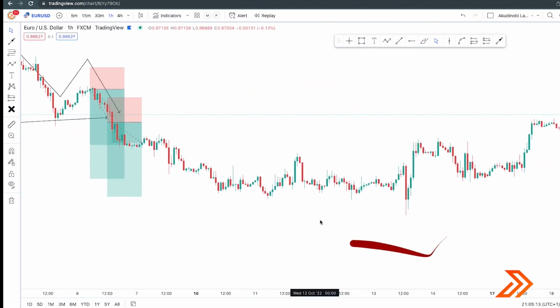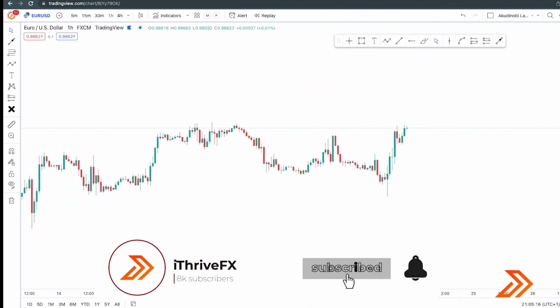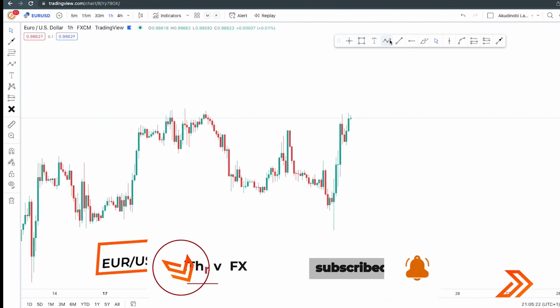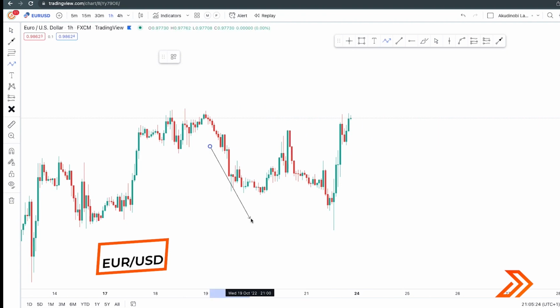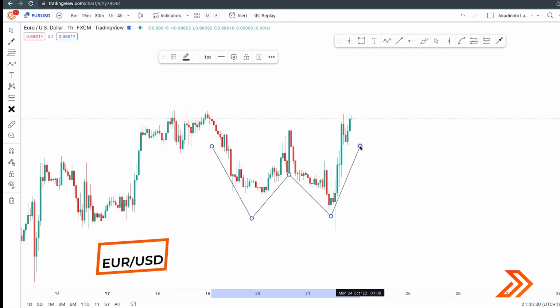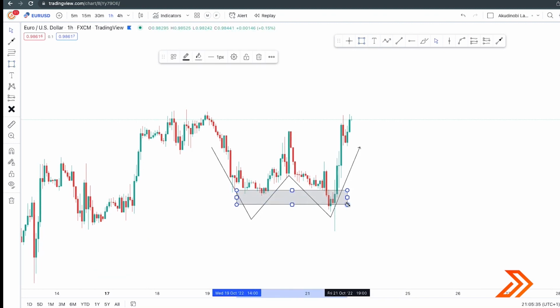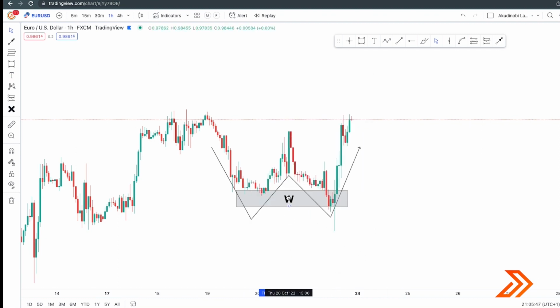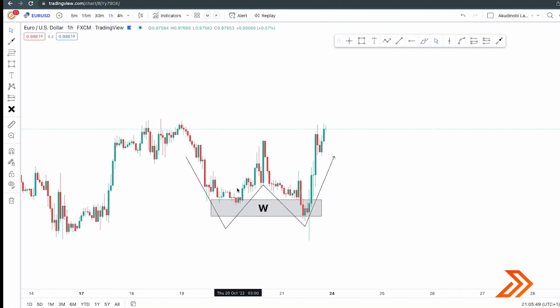So let's go into the live chart and spot some real life examples of the W pattern. Let's try, yeah, this is EURUSD. So here we have this neatly ongoing W pattern on the EURUSD. So this W pattern is the regular W pattern that we have here, as you can see. So a zone is literally created here, and then this is the W pattern. This is the W pattern, and then if you notice,